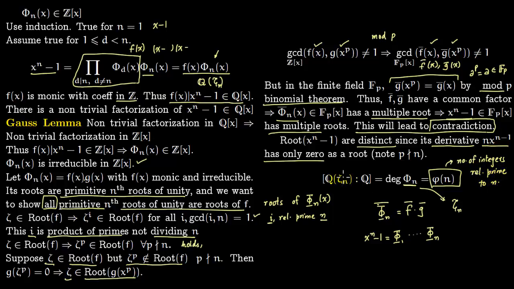So every time you adjoin this zeta, and zeta^2, zeta^3, whatever, once you want to compute the degree of extension, you just count the number of integers which are relatively prime to n. So you just do a counting, a counting of integers which are relatively prime to n, and that immediately gives you the degree of extension.